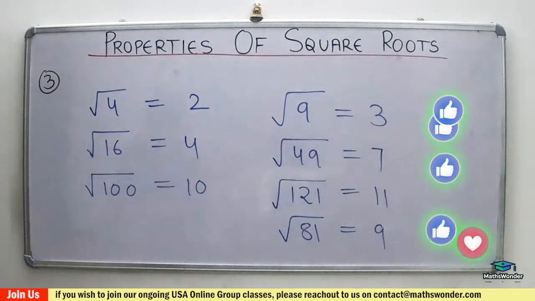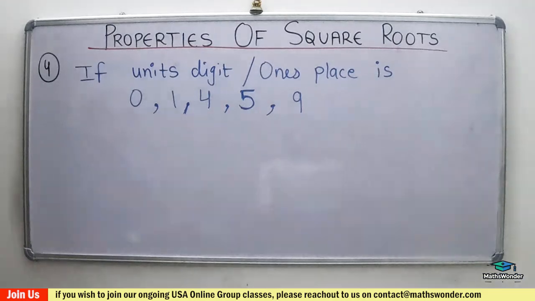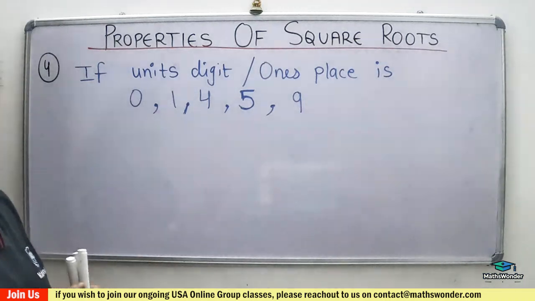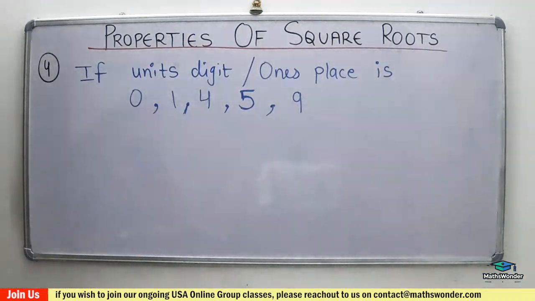Alright, the properties. This concept is, if a number ends with a unit digit of 0, 1, 4 or 5, or 6 or 9, then it may be a perfect square. So if a number has a square root in natural numbers, then its units digit must be 0, 1, 4, 5, 6 or 9. For example,